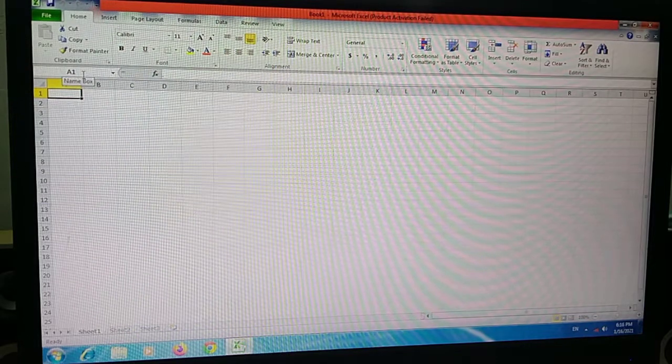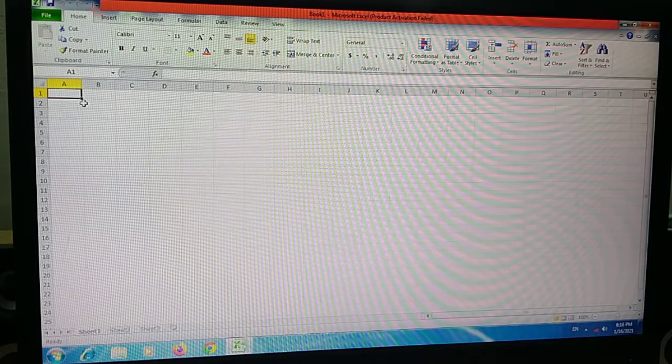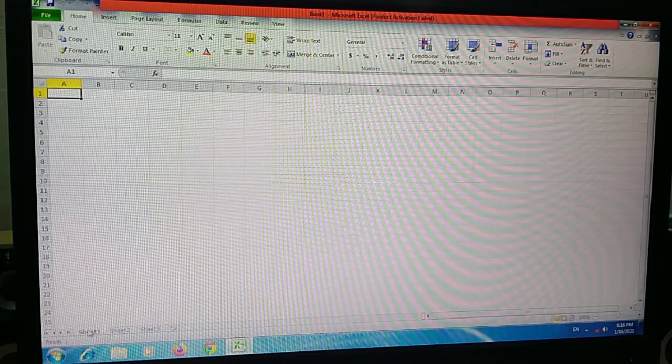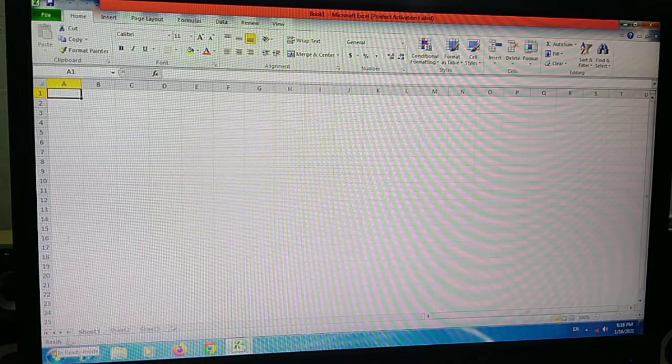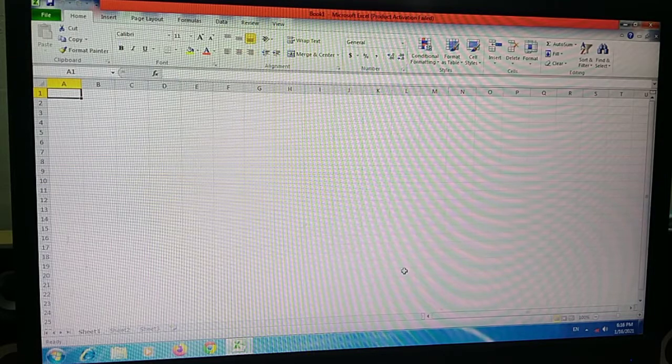This is your name box, A1, and where the cursor is, this black one is your active cell. These numbers are your row numbers, and this is your working area. Sheet 1 and Sheet 2 are your sheet tabs. This Ready is your status bar. A, B, C, D, E, F, G, H are columns. This is vertical, the row, and this is horizontal.